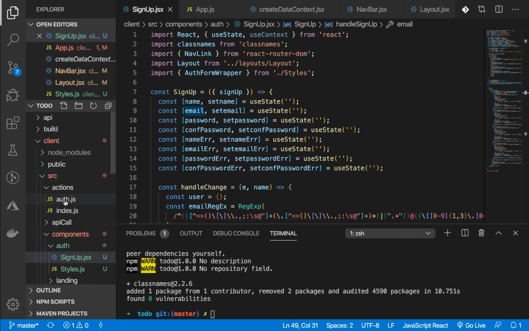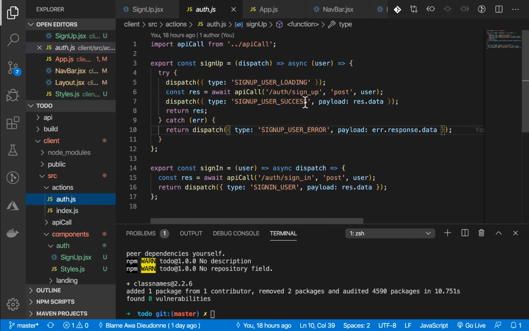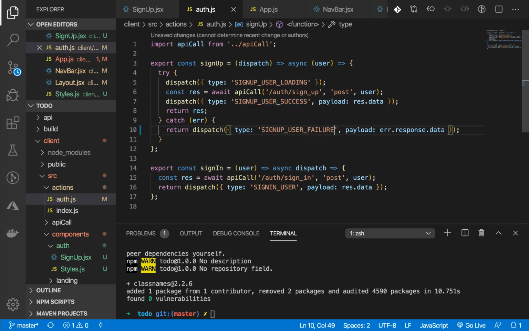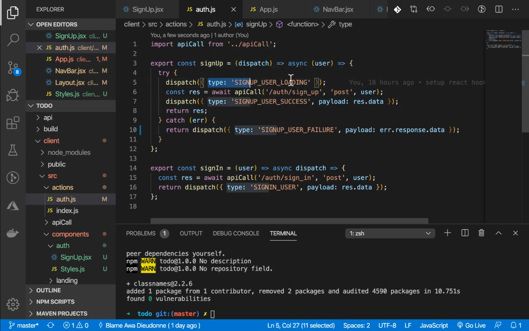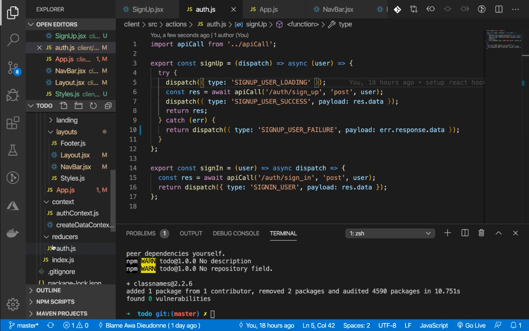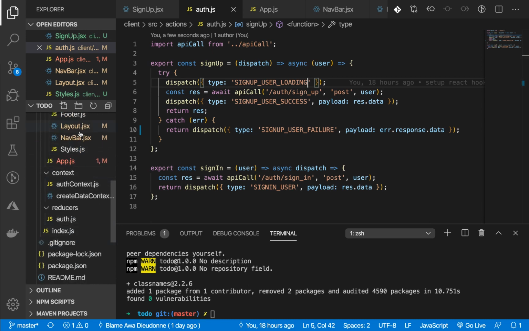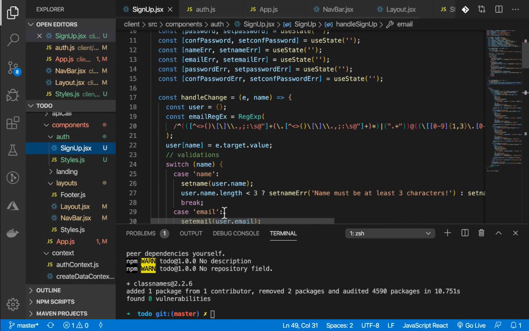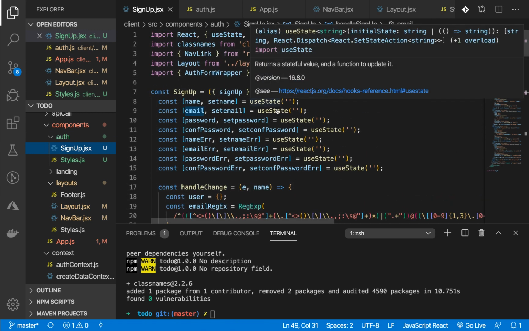Now let's go and look at our actions. So this is how our action is. It starts with the loading, goes to success, later to error. Now let's not call this error, because when a request fails, we need to dispatch a failure action. Here we're dispatching a success action, while here is the loading action. So let's console log our state variable here and see